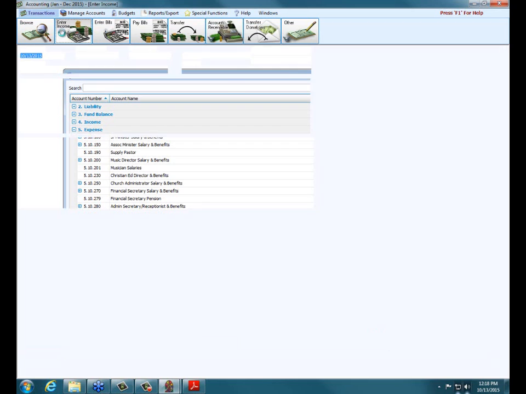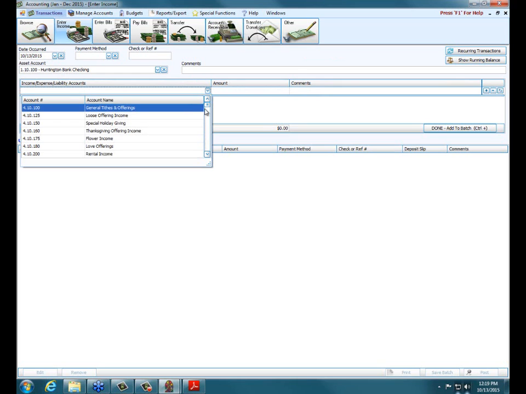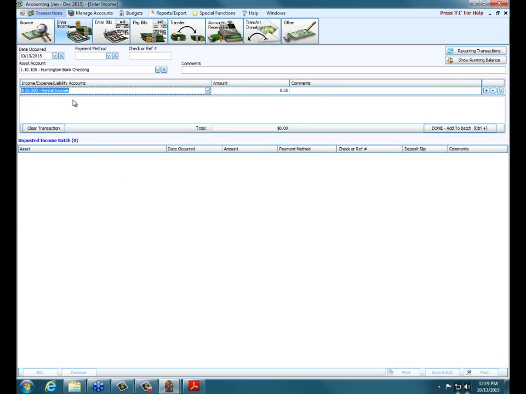If I record income, the way this is going to work, there's an asset account you're going to be recording income into. That's money coming into your number 1 accounts, or your assets. Let's say it is money from a building rental. Somebody had an event in your building and you recorded it as rental income. The way that works, if it's a $200